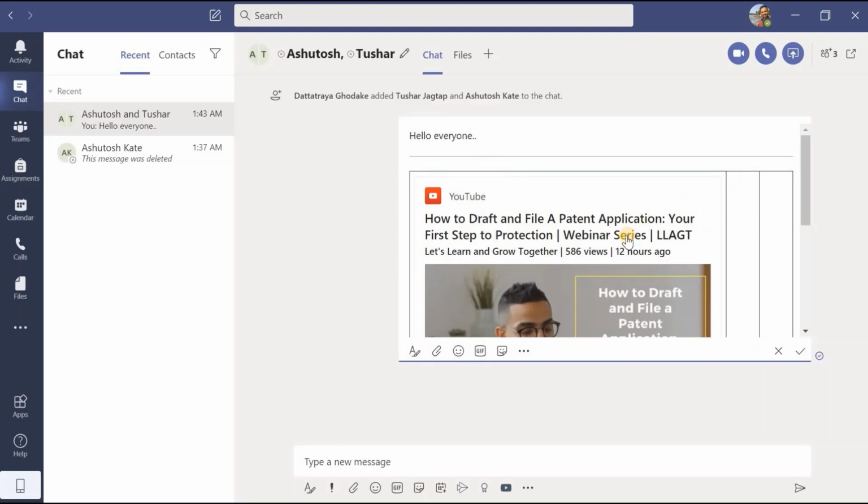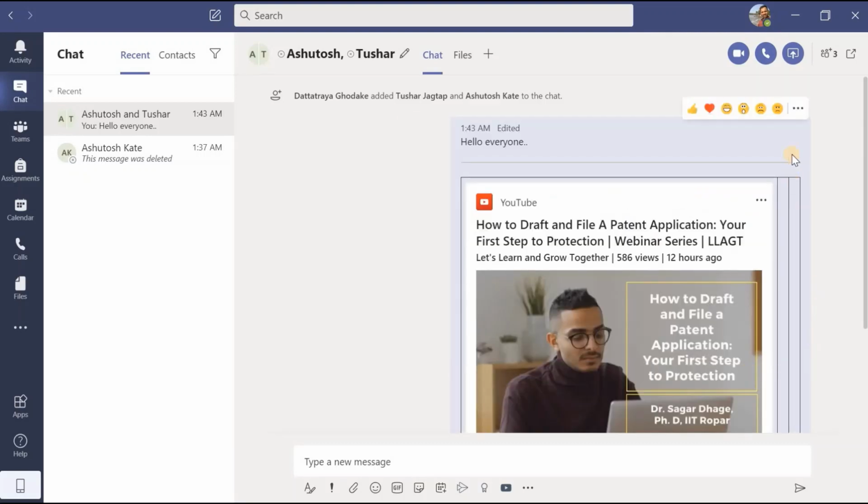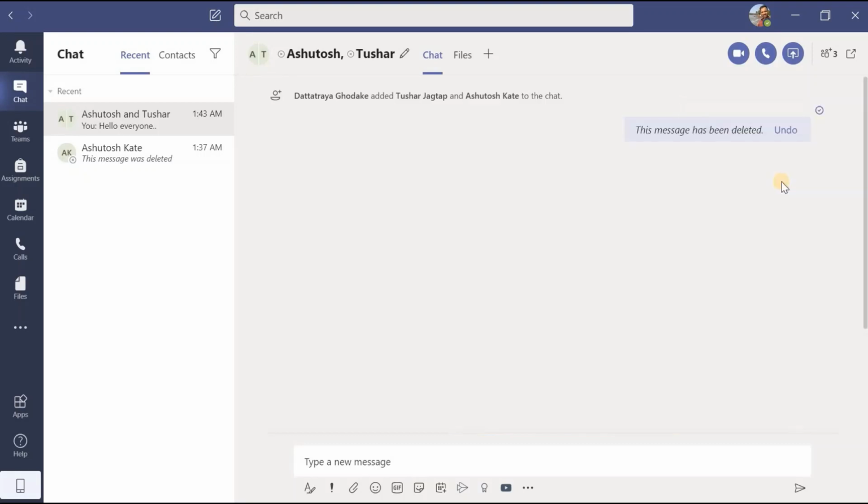If I want to edit that message, the specific part, if you want to edit, you can edit and you can click on the done. That your edit will be updated. Then if you want to delete the message, you can delete the message. Similarly, number of options are there, those we will explore later on. Suppose I want to delete the message, I can delete the message and the message will be shown, this message has been deleted. Now suppose I want to make audio call to this group, means Ashutosh and Tushar.